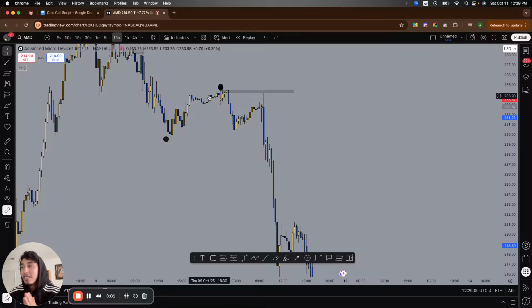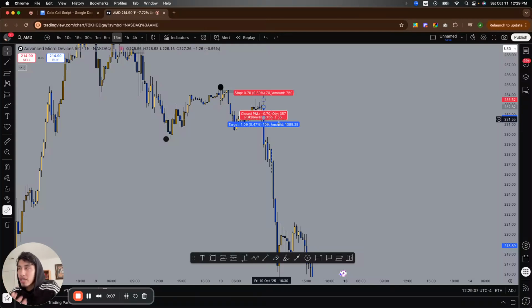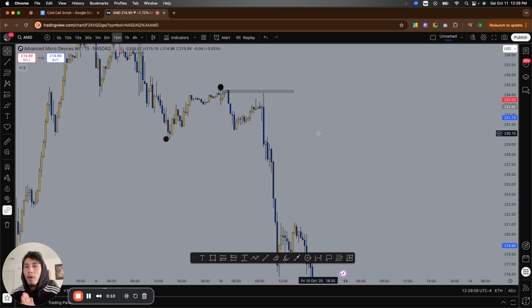All right, guys. So this is the trade that I took yesterday. As you can see, I didn't catch the whole thing, but this is a crazy move. And I've been telling you guys on all my videos, these moves are being caught all the time, right? Now, the fact that I'm not catching all of the trade does annoy me a little bit, but I understand that's just a part of the game,